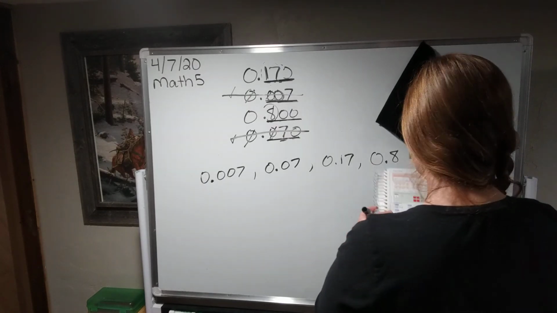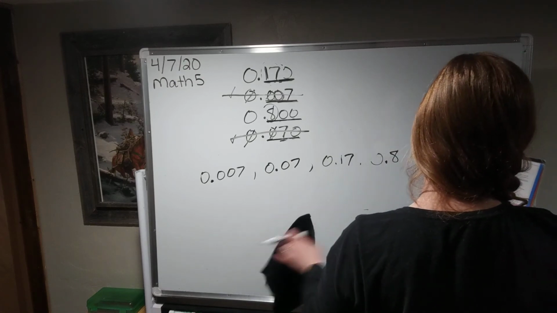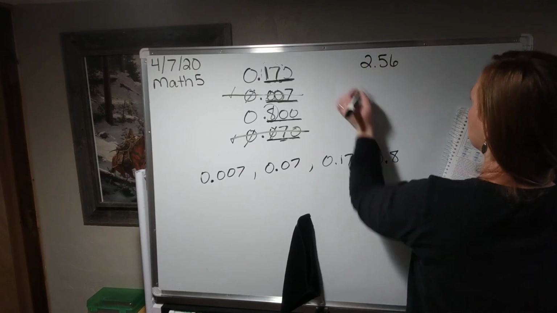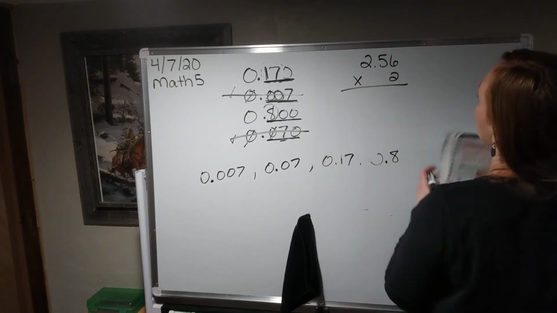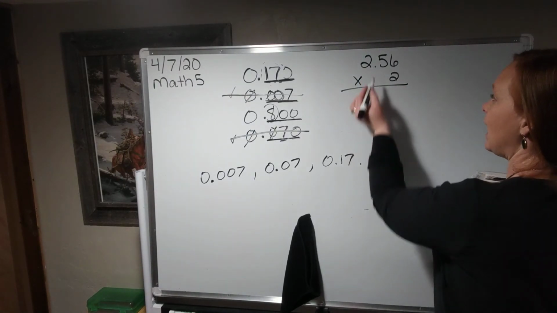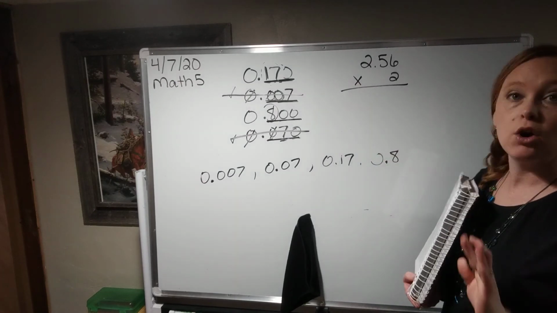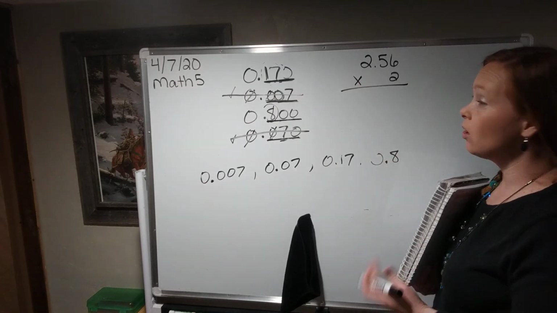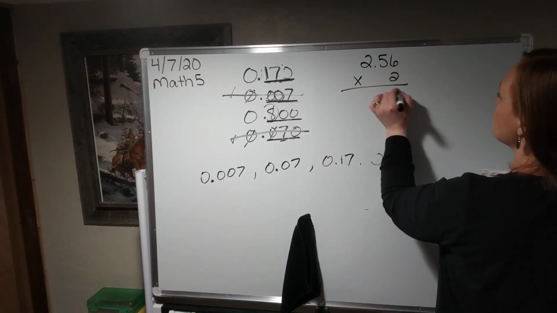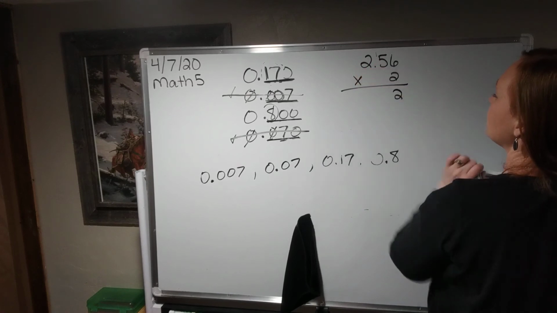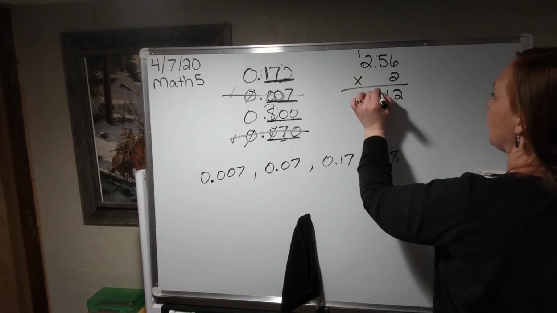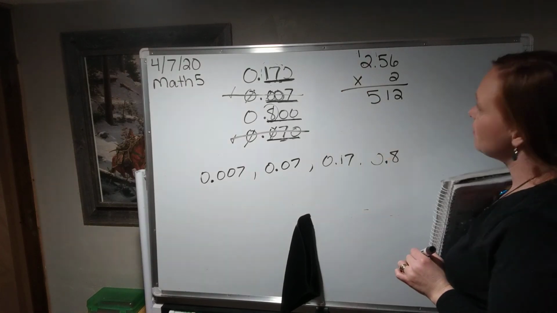So if you will just look, I'll do the example that's in the green box with you. This is 2 and 56 hundredths times 2. Okay, so when I have decimals, I'm just going to multiply as normal like the decimal's not there. Now in adding, don't we bring it down? Yes, we don't do that in multiplication. Now it may look that way in the answer, but that's not how we do decimals in multiplication. 2 times 6 is 12, carry the 1. 2 times 5 is 10, plus 1 is 11. 2 times 2 is 4, plus 1 is 5. Okay, so I get 512, but